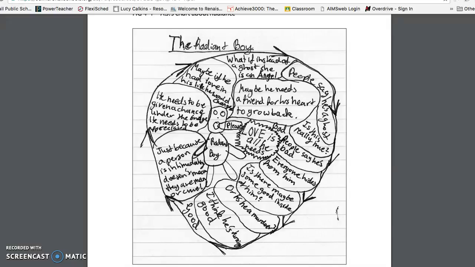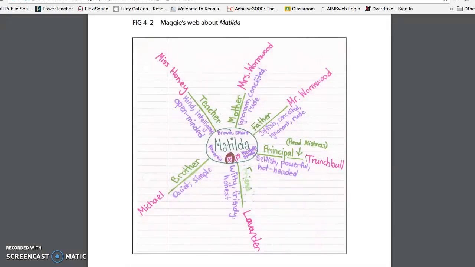Okay, so you have some sort of a goal. So now we have a reading goal and we have a writing goal. So I have another sample for you that I want you to take a look at. This is another student's notebook page, and they were reading the book Matilda. Many of you have probably seen the movie. It's a little bit older,